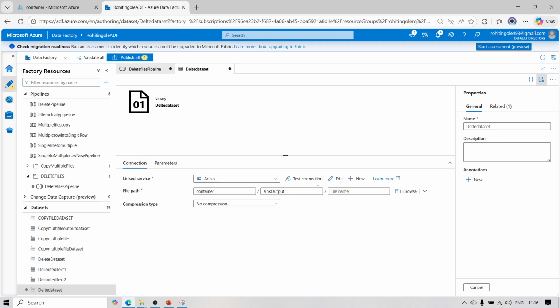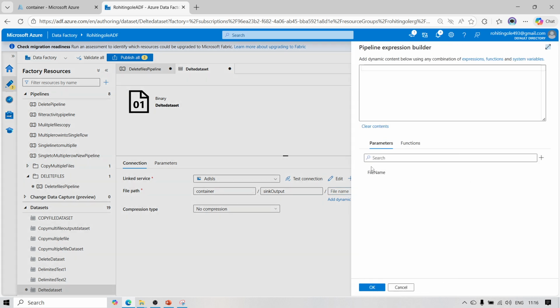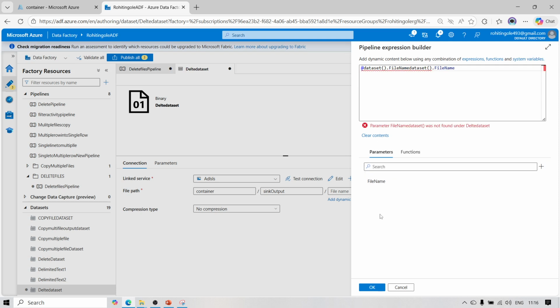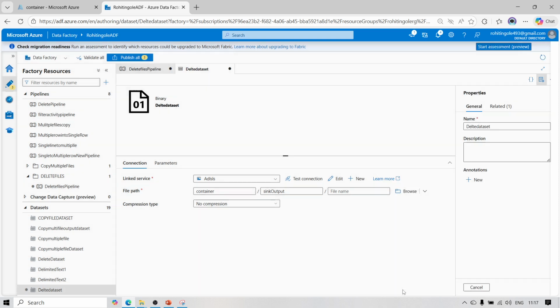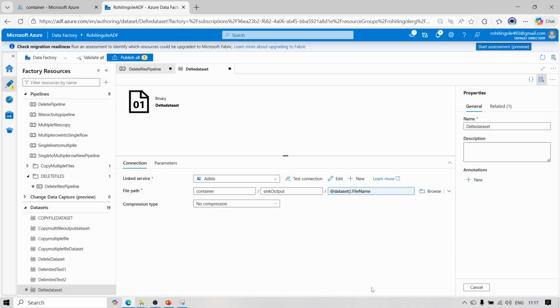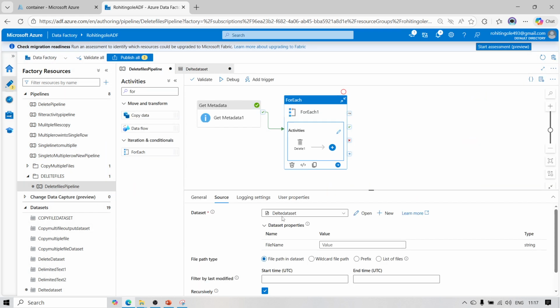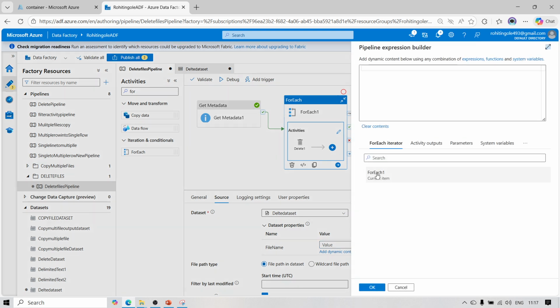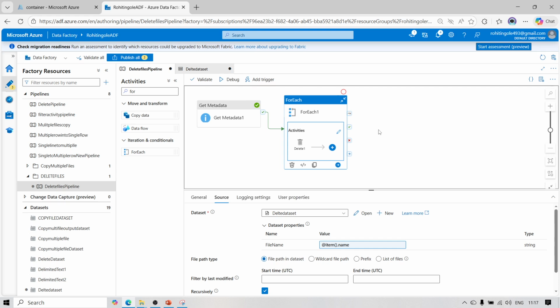In this connection, what we have to do is add dynamic content, and okay. Now if I come here again, it will ask for the values. Here we need to give whatever the for each returns, so item dot name. For each child item we have the item, but after this item we have one key and two keys. Out of that item we want this name key, right? Now if I run this,